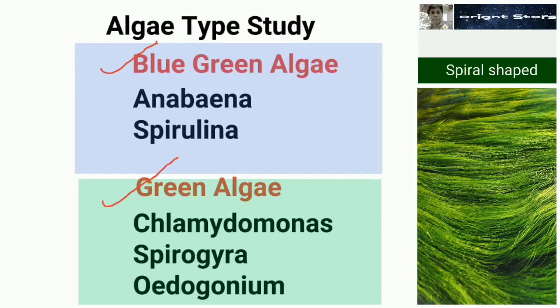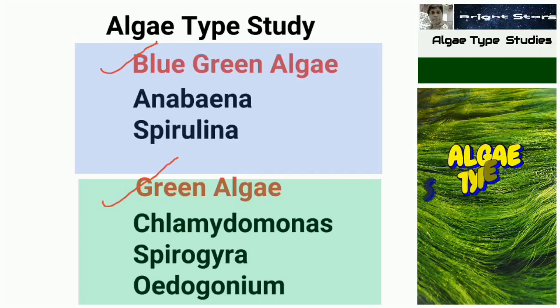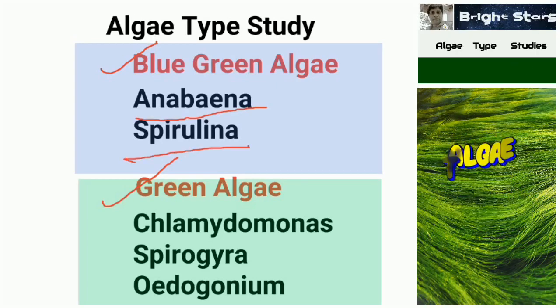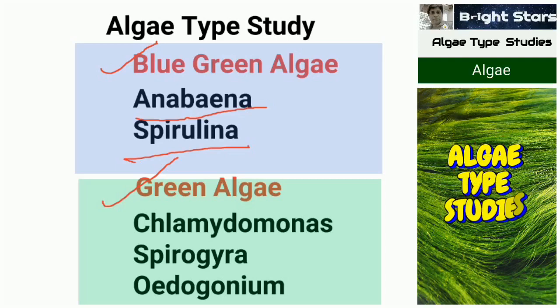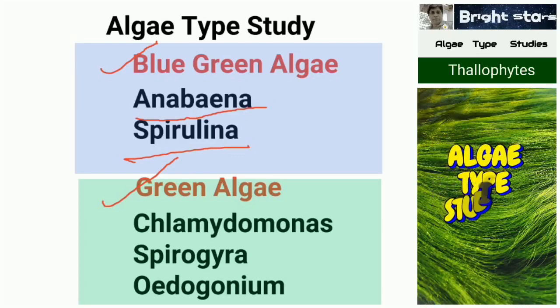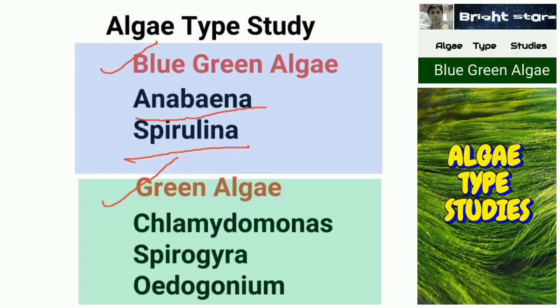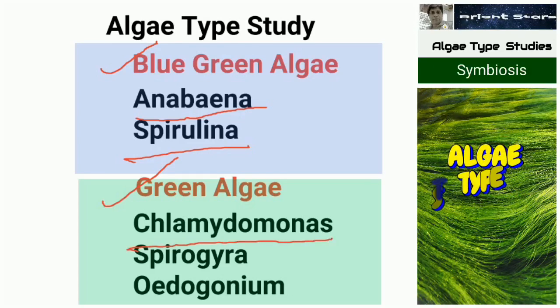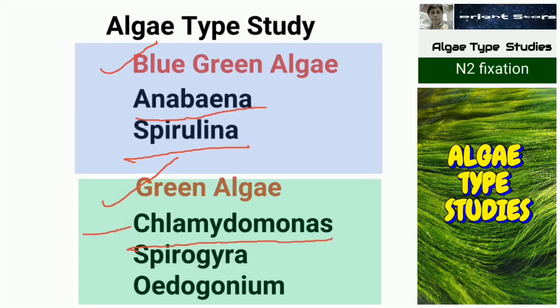Under blue-green algae, 2 examples are given in the textbook, that is Anabaena and Spirulina. Under green algae, 3 type studies are given. Just diagrams are given, but for the sake of better understanding, I am giving a little bit of explanation. So the first one, Chlamydomonas. So this diagram